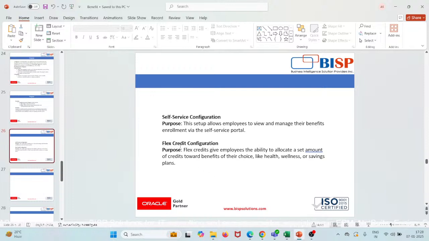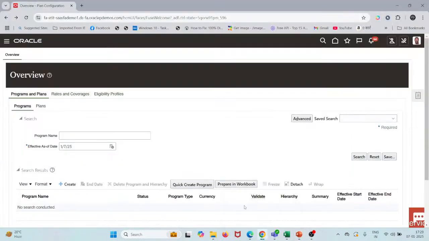So this gives the employees ability to allocate a set amount of credit towards benefit of their choice. Like health insurance, they can set an amount of their choice. So again, we need to